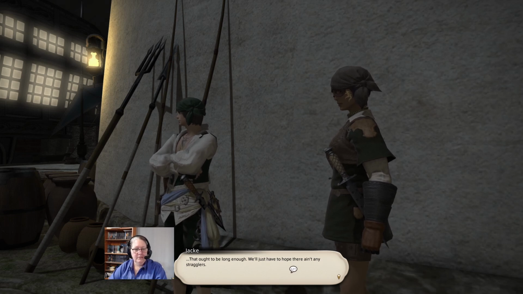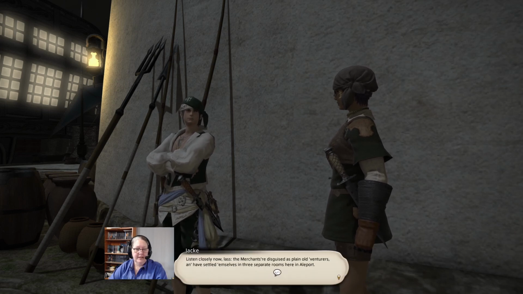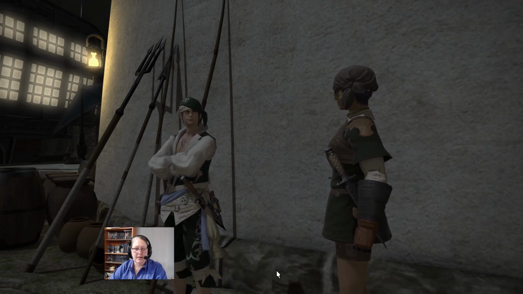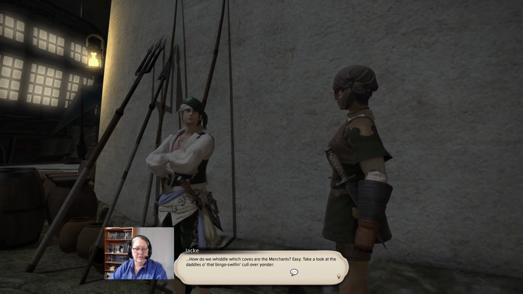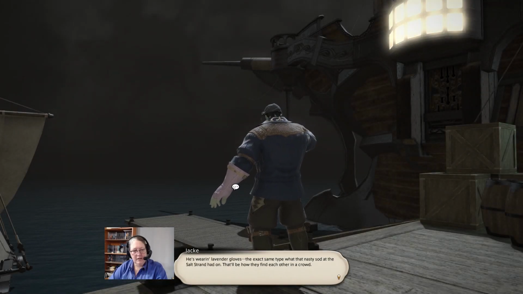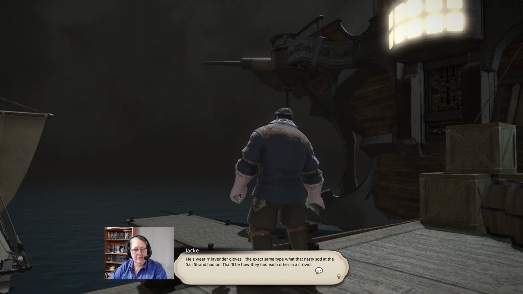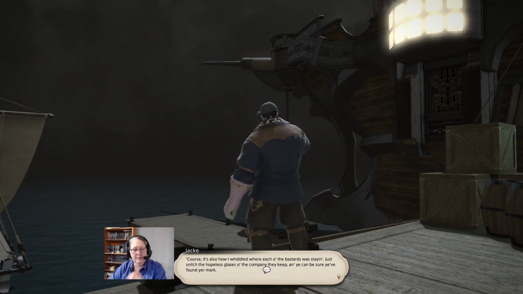That ought to be long enough. We just have to hope there ain't any stragglers. Listen closely now, lass. The merchants are disguised as plain old venturers and have settled themselves in 3 separate rooms here in Aleport. How do we whittle which coves are the merchants? Easy. Take a look at the daddles of that bingo swilling cull over yonder. He's wearing lavender gloves. Exact same type that nasty sod at the Salt Strand had on. That'll be how they find each other in a crowd. Of course, it's also how I whittled where each of the bastards was...